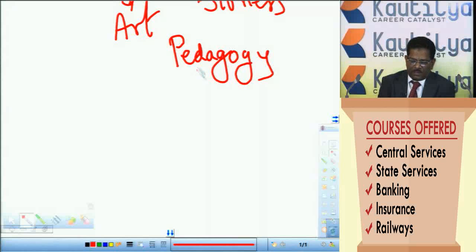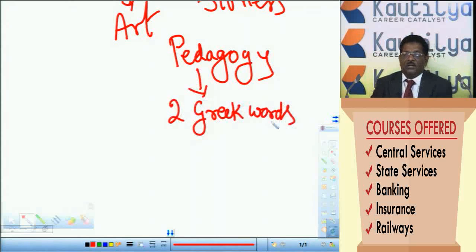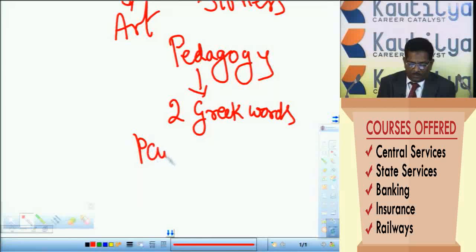It is the combination of two Greek words. What are the two different Greek words of this word pedagogy? That is paid or paider